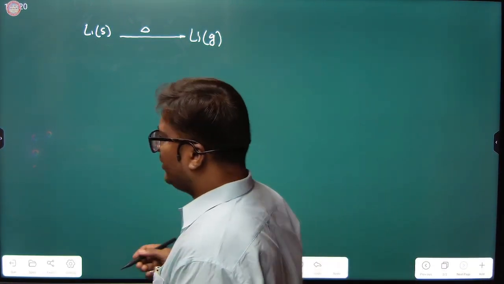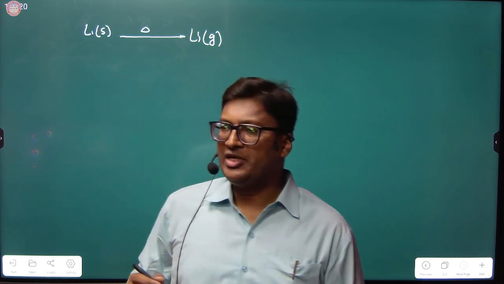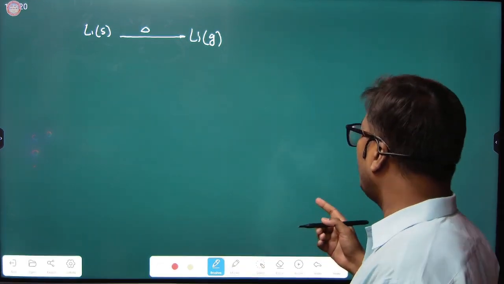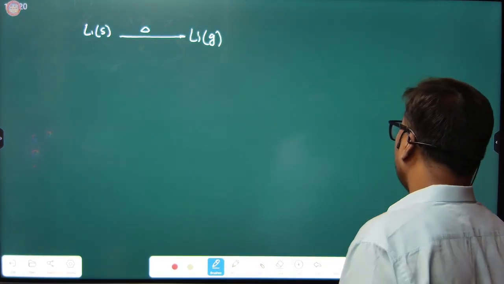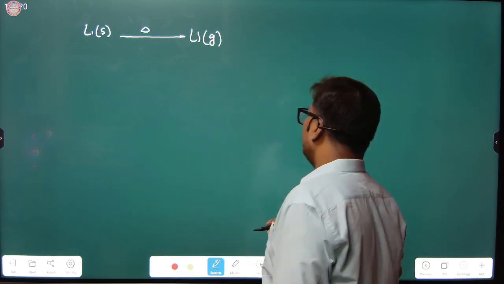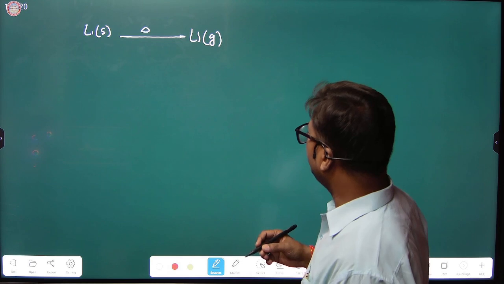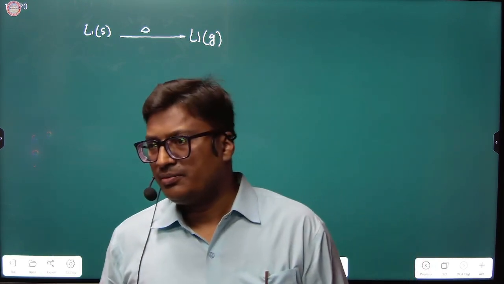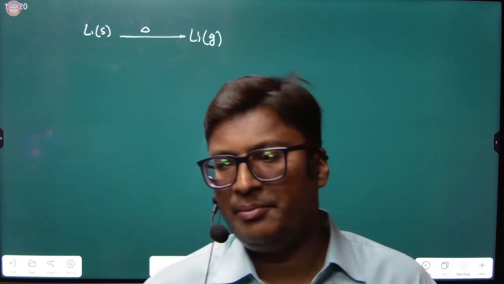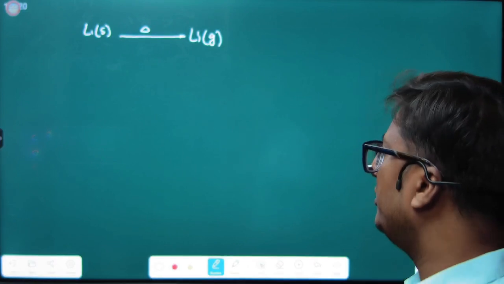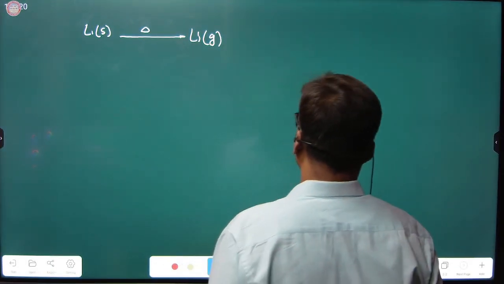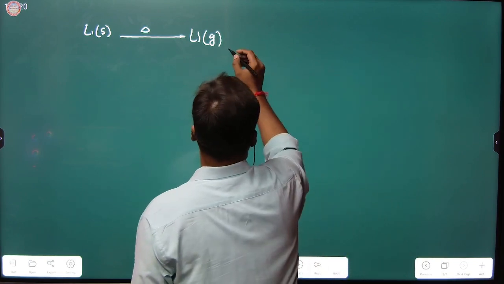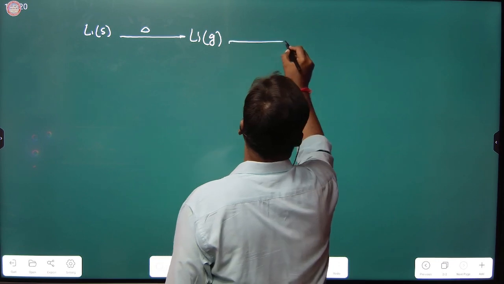So solid state lithium is converted into gaseous state lithium. So the electrons now feel flexibility. It means electrons are mobile in the lithium in the gaseous state, because of the soft metallic lattice. So once this is gaseous lithium,